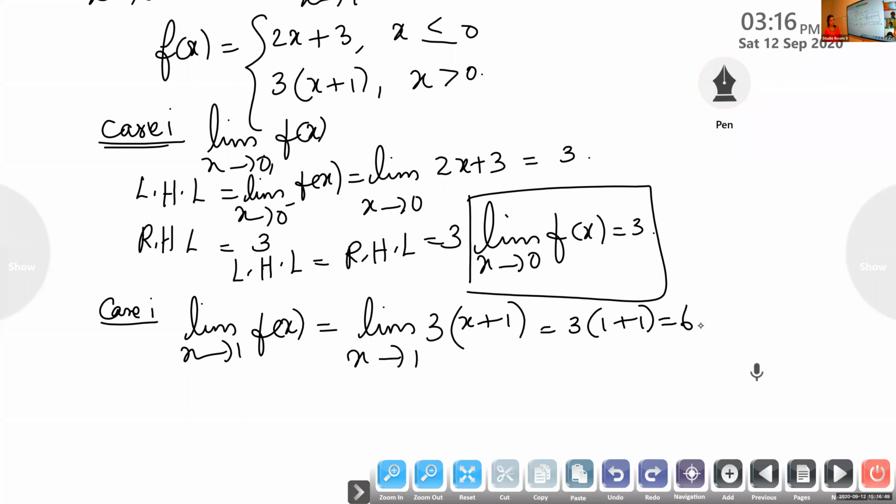Why are we finding the left hand limit and right hand limit in the first case, and in the second case we are just substituting the values? Because at x equal to 1, only one function is defined in the neighborhood of 1. But if you take the neighborhood of 0, two functions are defined: for less than 0 one function, for greater than 0 another function. So when two or multiple functions are defined at a particular point, you have to find the left limit and right limit. Is it okay? Is it clear, children?